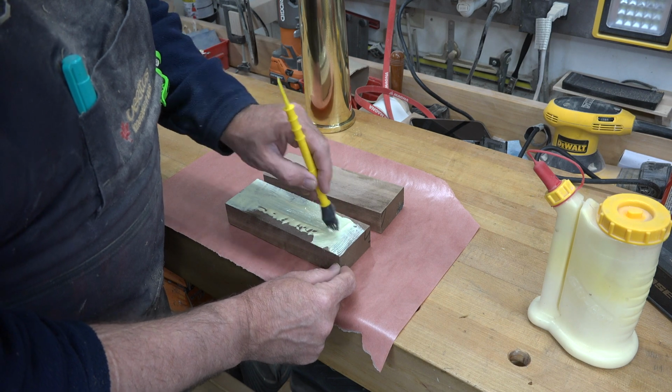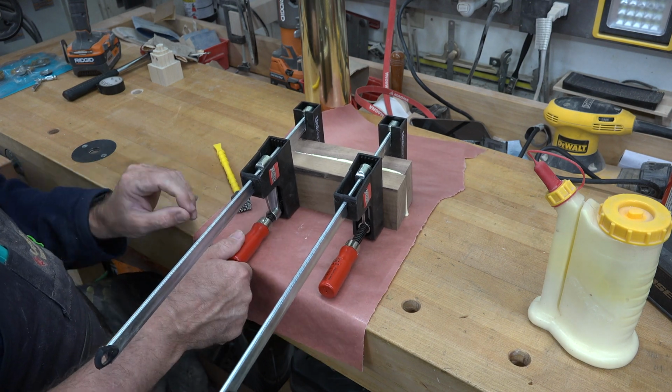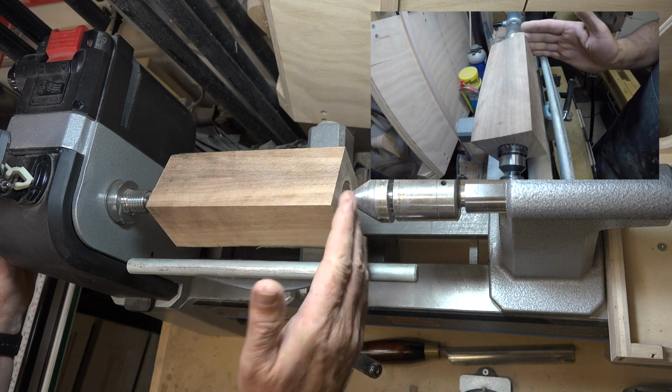So that's what I'm going to do. I'm going to glue these two pieces together, set them aside to dry, and until that happens, there's not much more we can do. Well, our blank is dry,